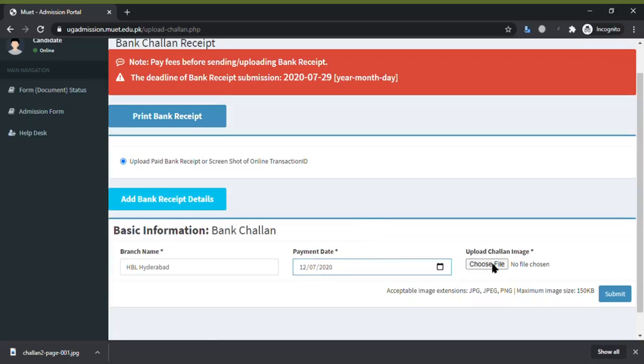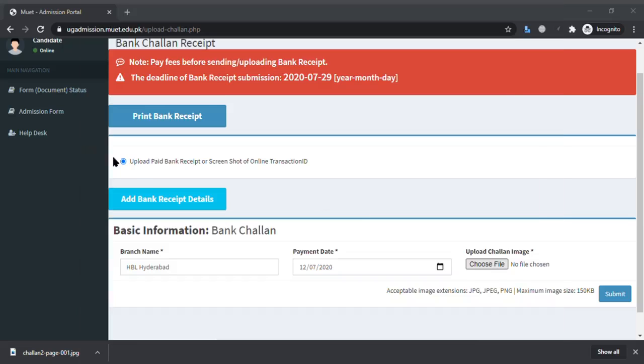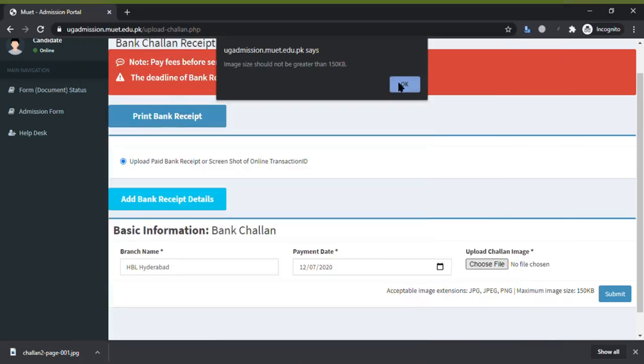Now scan the challan using the mobile application CamScanner. After scanning, click on Choose File and upload the challan. Remember that the file size should not exceed 150 KB, otherwise, you will receive an error.